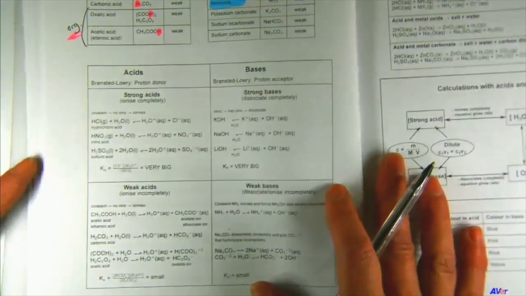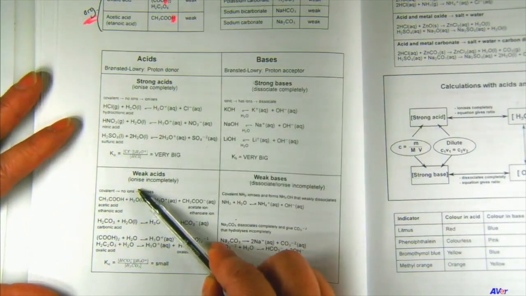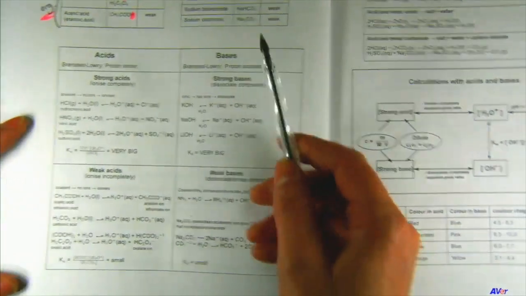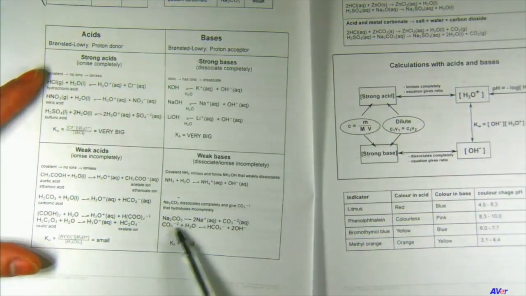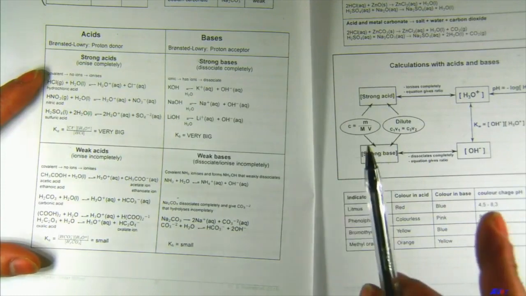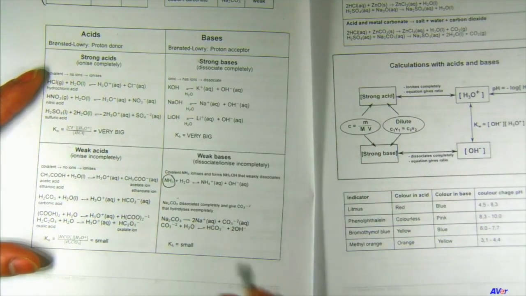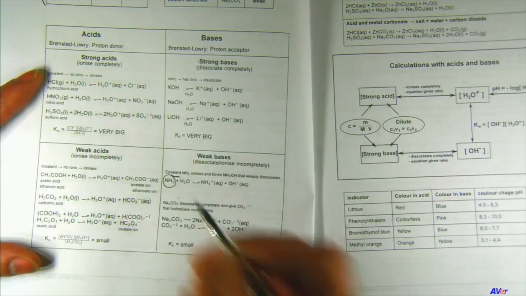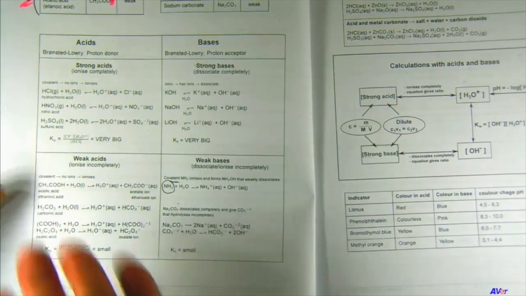I hope you all made your own notations over here. Remember, acids, they ionize, every single one of them. But when you get to the bases, it depends. All the others, like sodium carbonate, will still dissociate. But when you get to NH3, that is the weird one. It is the covalent base, and that one will ionize. So if you turn back to your definitions on the previous page,